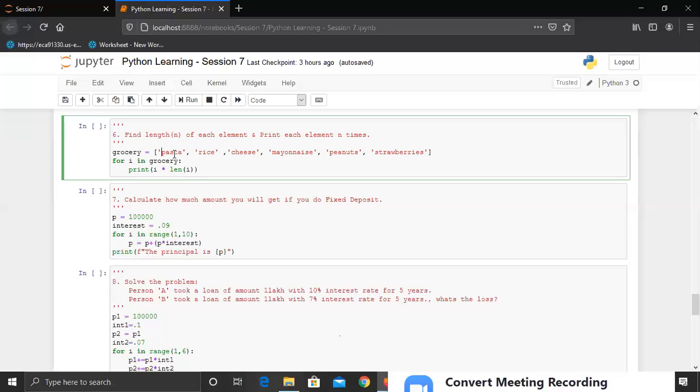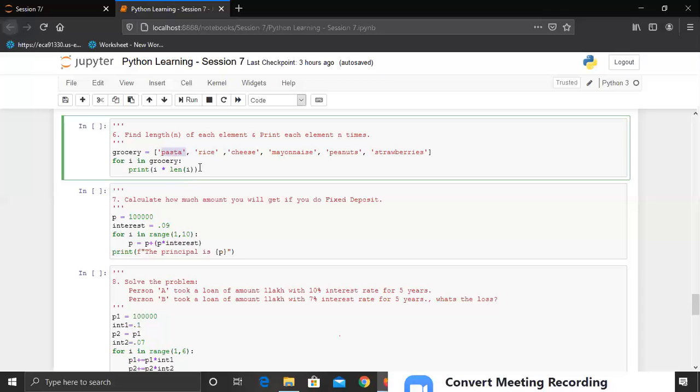It prints the string multiple times as we define, and the multiplication operator only works with one string and one number. So in this case, i is a string, which will be pasta, then rice, then cheese, and the length of i will be a number, so it will be 5.